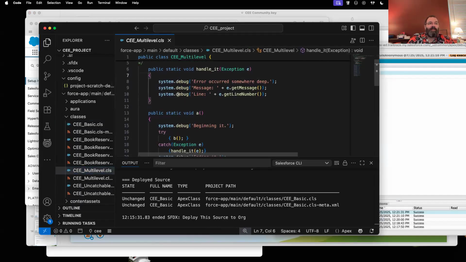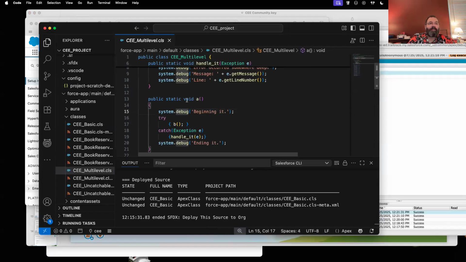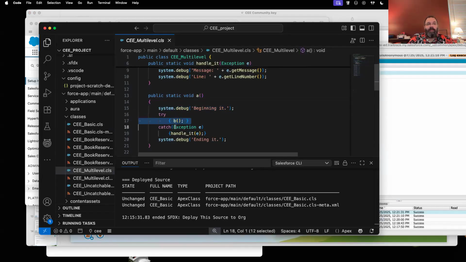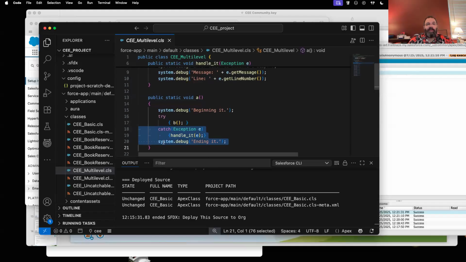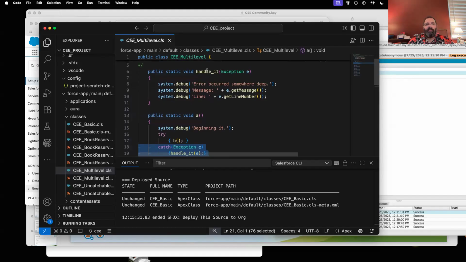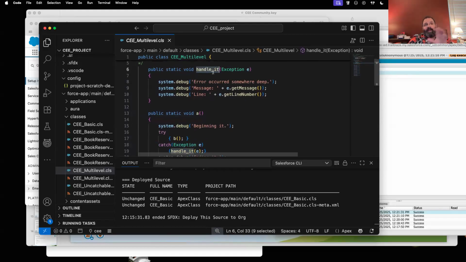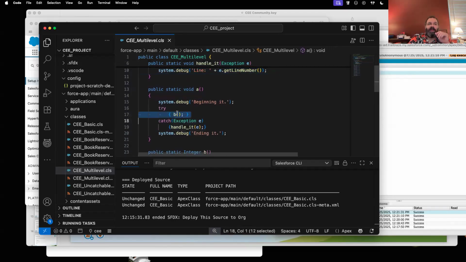I have here a block of code where we try to call a function, we catch the exception, and if we catch the exception, we output the error message. You could have little helper methods that you could pass these exceptions to. They're just objects, just like anything else. They're variables, just like anything else in the system. You could pass them to different functions. And this outputs this.